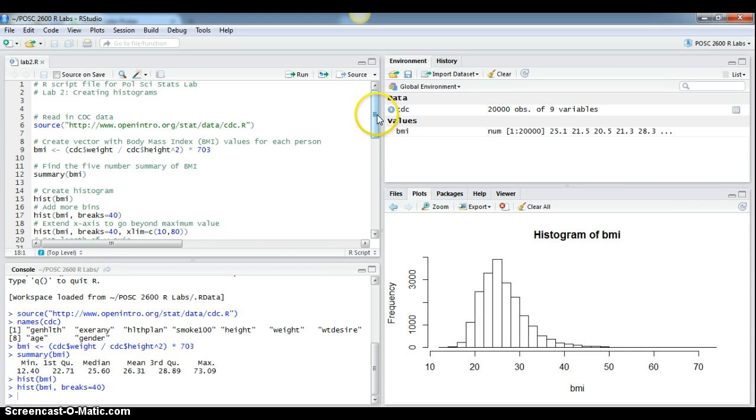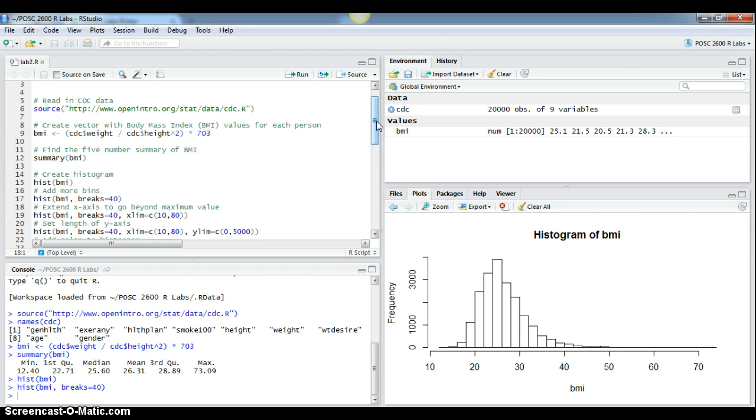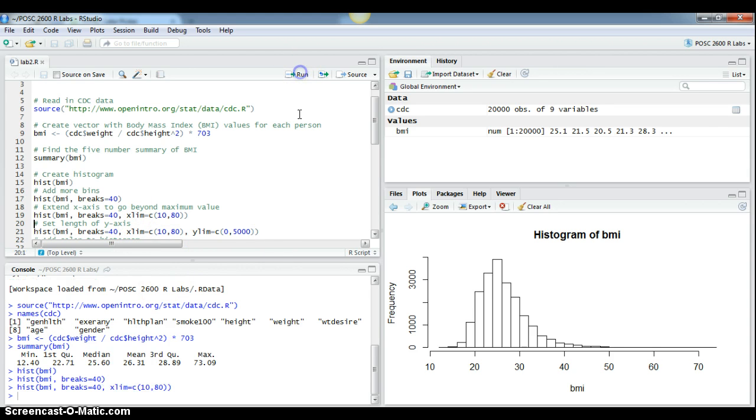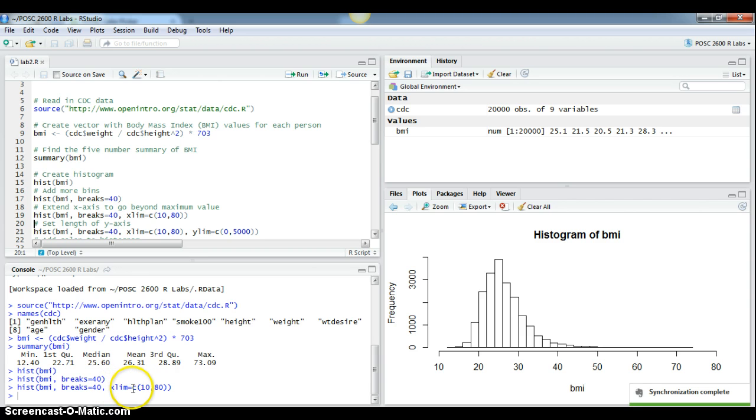So that's the first thing that I want to control, that distribution, and you can see that the modal category here is right around 25 or 26. Another thing I'd like to do: notice that the axis goes up to 70, but we already know that someone has a BMI of 73. So what I want to do is extend this axis, and you do that with the xlim option. You can see I've just set that so it runs from 10 to 80. This is xlim, and it concatenates the values 10 and 80 for that